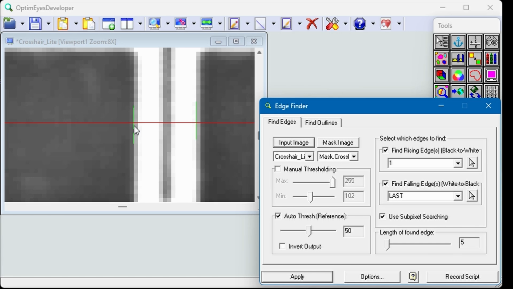Next, what if, instead of just placing a short line ROI on each of the edges, we wanted to find the entire outline of the registration mark? There are two ways to do that. The first is to set the length of found edge to a high enough number to completely surround the mark. We'll move the slider all the way over to 5000, and with that setting, we no longer need to find